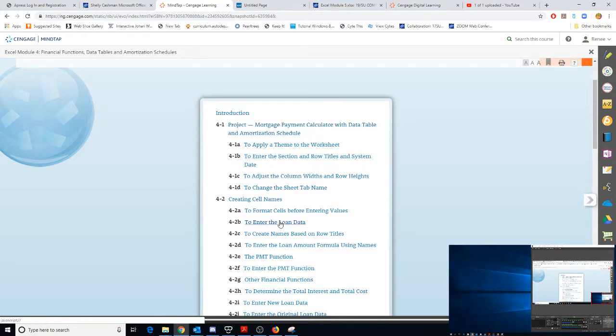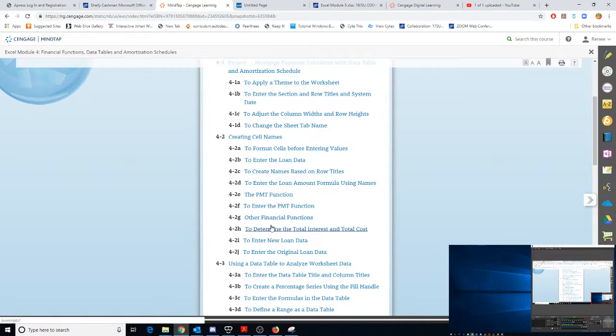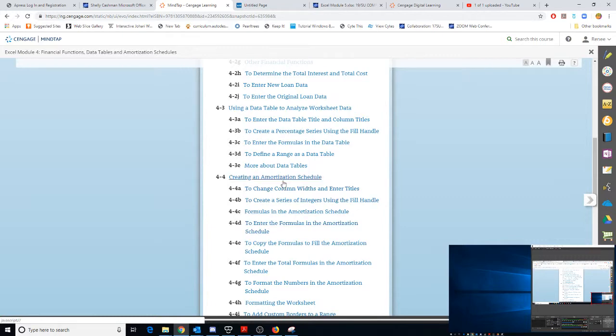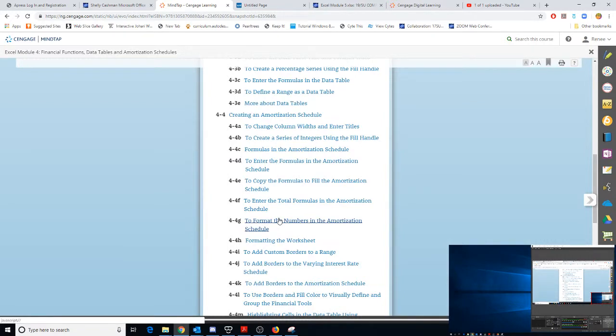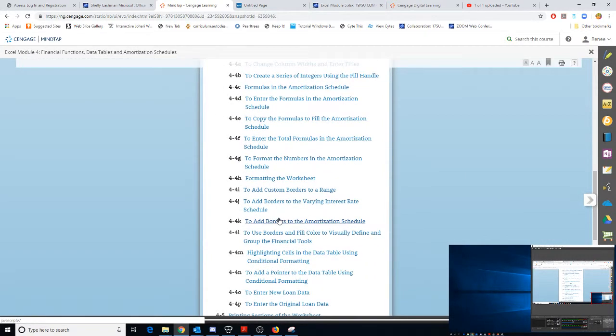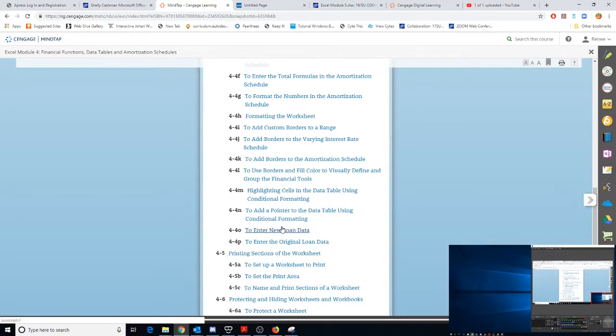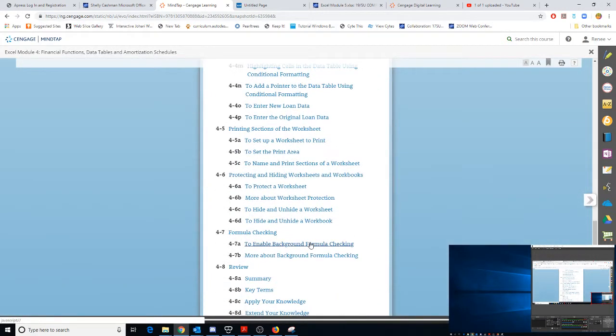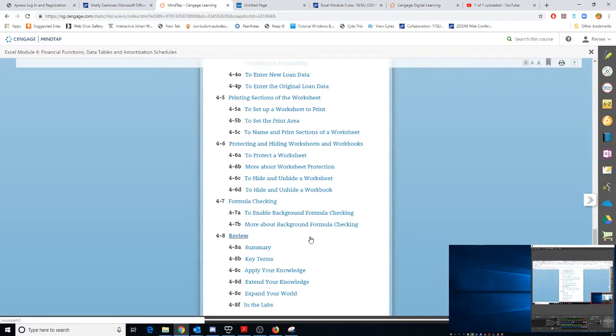and we'll be looking at naming our cells, using some different functions, using data tables, creating an amortization schedule, which is a list of our payment amounts, like if we were going to buy a home or something like that. You can see an amortization schedule is quite involved. That used to be something that was a very, very hard accounting type thing that Excel made kind of easy. But it is still a complicated procedure. We'll look at how to print sections of the worksheet, how to protect and hide items, and how to check our formulas automatically